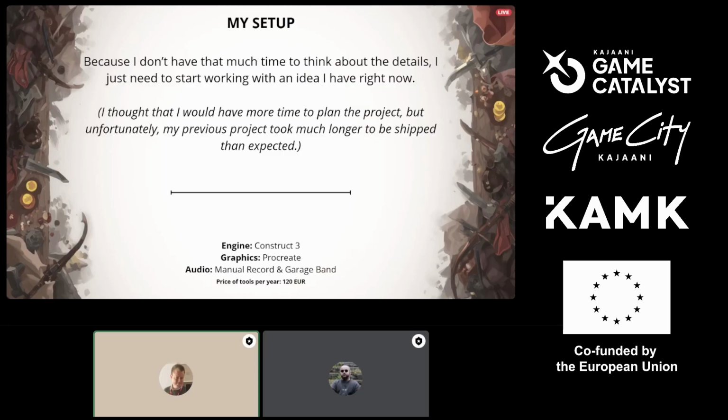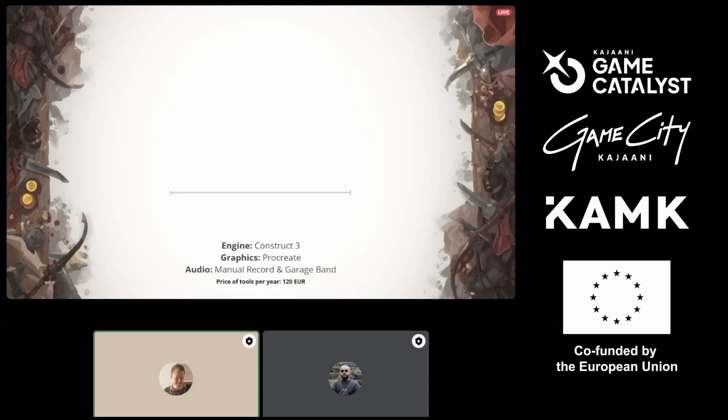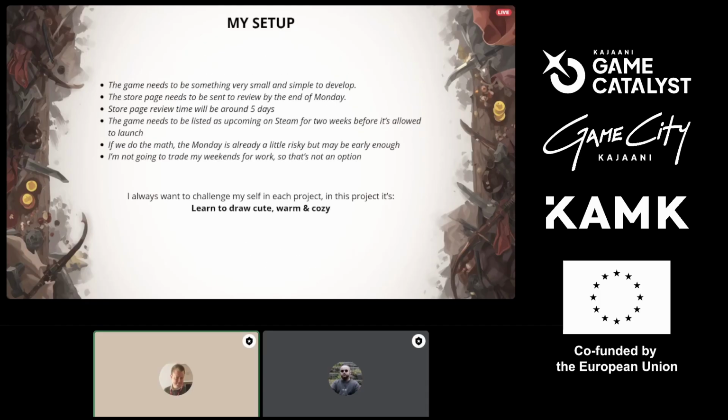With my setup, it costs $120 per year to make games, basically, as long as my computer doesn't shut down or my iPad gets dropped into the lake. But that's the price until something breaks. So the game I'm going to be making needs to be something very small to develop, and most likely your game will be as well.